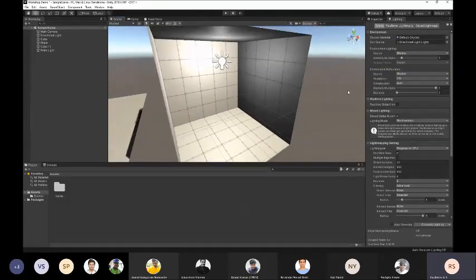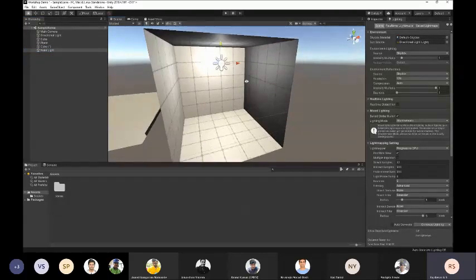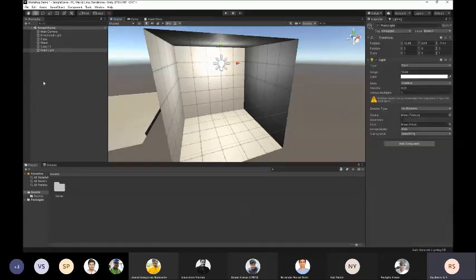Okay. So right now you can see the bake global illumination is checked, but Unity is not actually baking this light source. Why? Because we haven't declared this object to be static. Unity only uses baked lighting when the object is declared as static. That means we tell Unity that this object is not going to move, so you can bake the lighting beforehand.